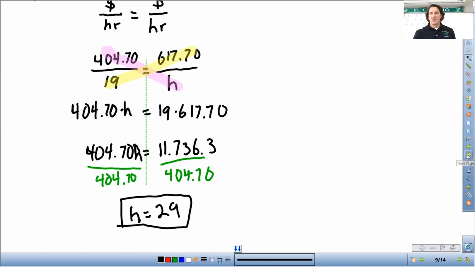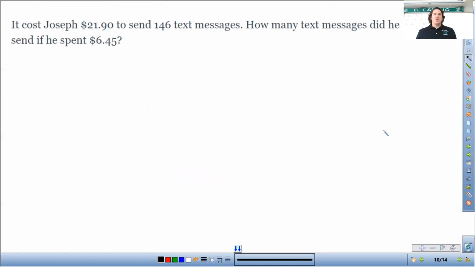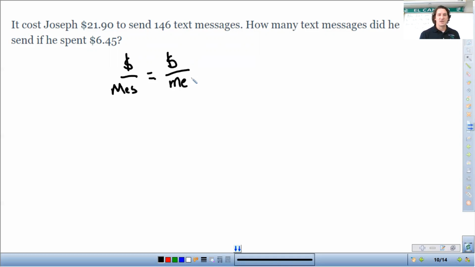All right, just two more problems. So it cost Joseph $21.90 to send 146 text messages. How many text messages did he send if he spent $6.45? So same thing. I'm going to set up a proportion with the ratios. So money over messages. Not going to write out the whole word. And my other ratio is going to be the same thing, how much it costs for messages. And you can flip flop that all you want as long as both of them stay the same. So it's going to be money over